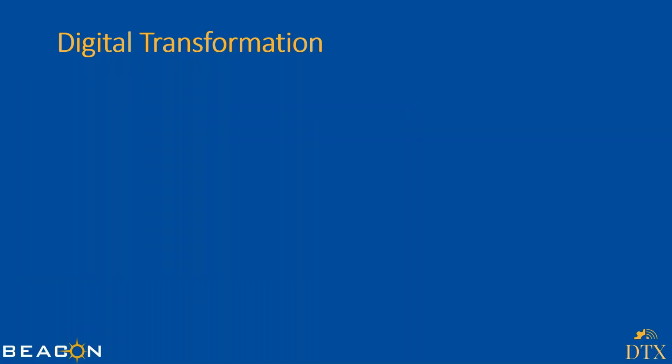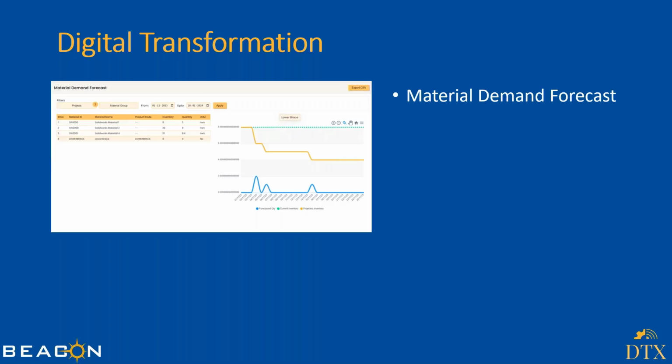Now, apart from this, as I mentioned, digital transformation for excellence (DTX) is more about helping our customers on this journey. So what else we provide is material demand forecast, where we analyze the project, and based on the project deliverables, you'll be able to identify, okay, to get this output, what items you would need. If you work with bill of materials in defining the materials required at each stage, you'll be able to identify which materials are required at what time.